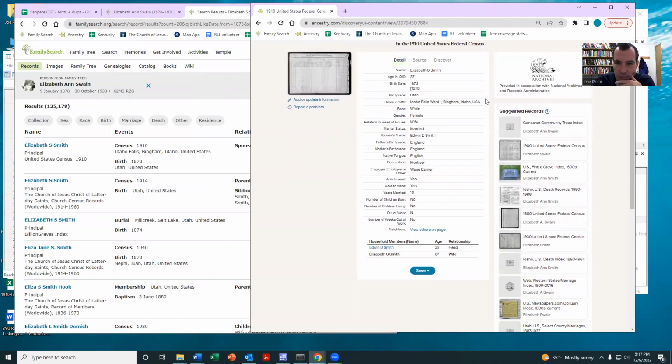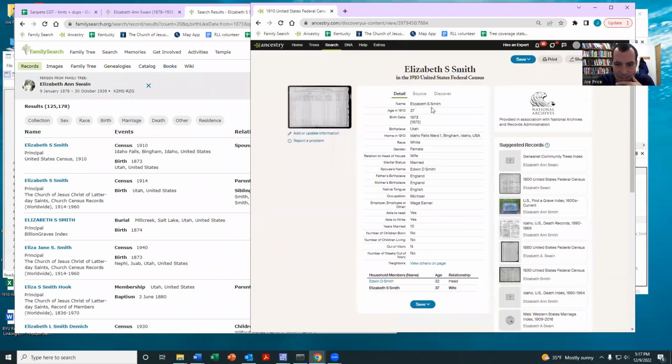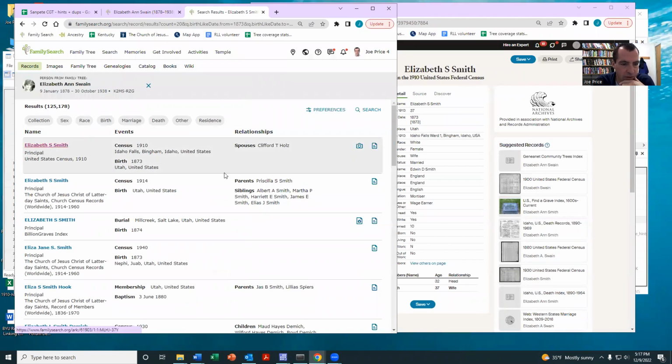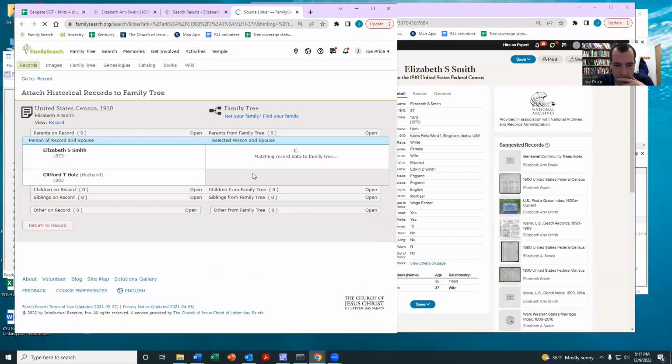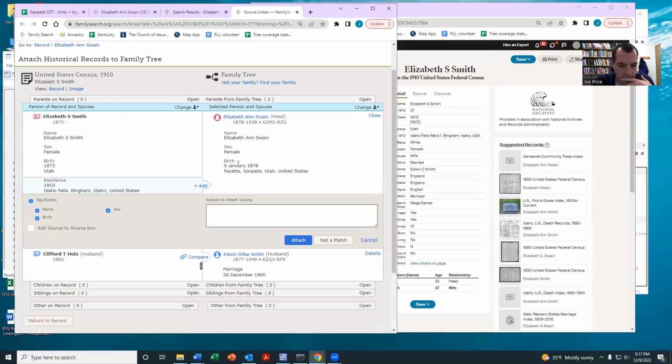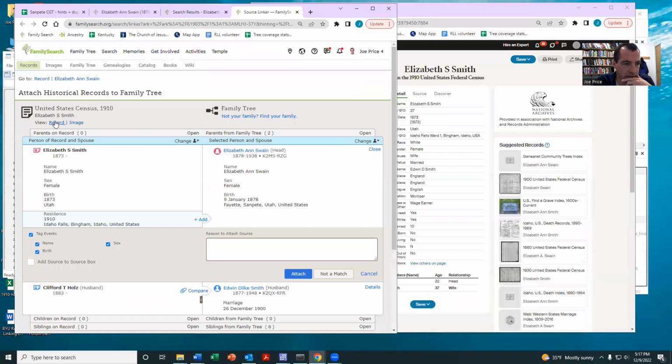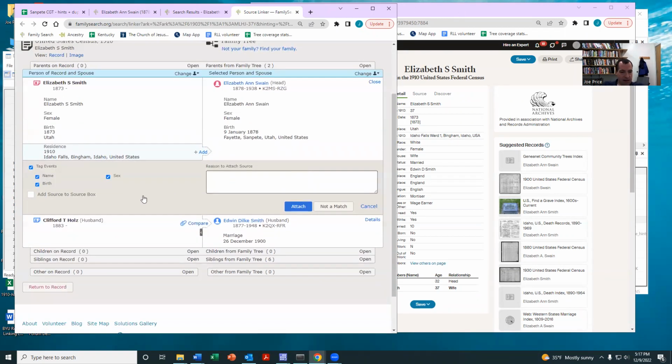We're looking for a 1910 census, Elizabeth F. Smith. Huh, super weird. It has a different spouse right here. Let's take a look. Super, super weird. I'll have to look into this more. That's definitely the same person. My guess is that maybe the record got split apart,